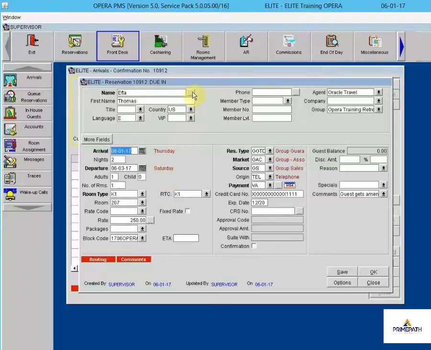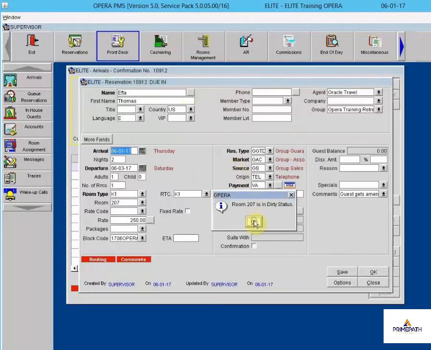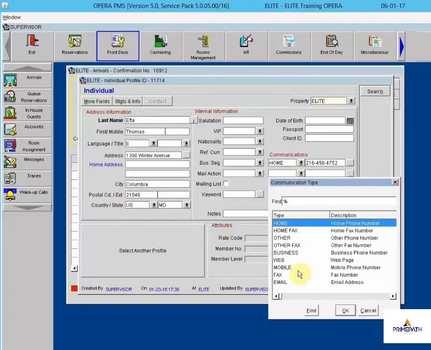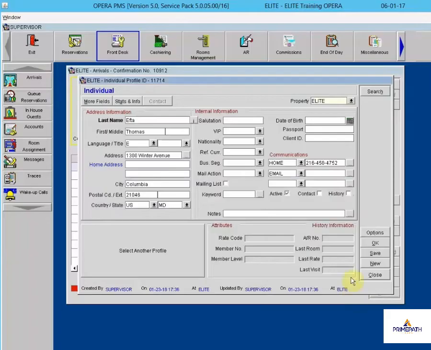So if I want to add the address and maybe the phone number to this guest profile, we could click on the ellipsis box by the last name. Reminds us it's dirty. It takes us into the profile screen, and we could get the information from the guest while they're standing here. Okay, and maybe we could get a phone number. And let's say we want to get an email address, so when they check out, we can email their folio to them. Okay, so we've got the information from the guest. We had them sign the